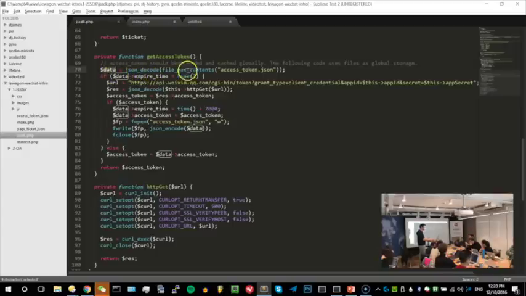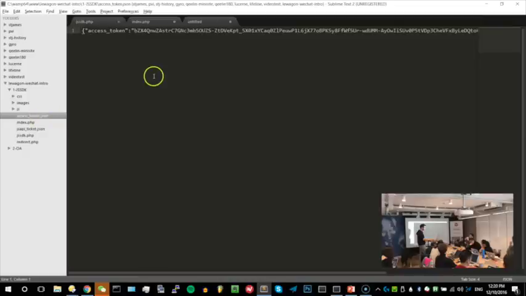It's going to decode a file called access-token.json. If you go inside access-token.json, you see the access token is exactly the same style as the tickets. Those two look a lot alike, and in the end there's an expire time. So you see the code is very similar.